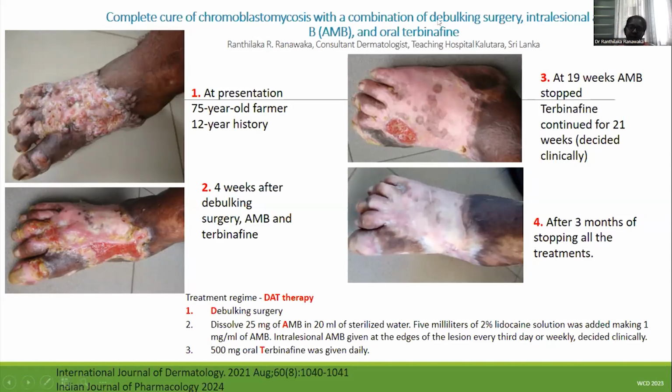And this also I published, and now we are practicing this in Sri Lanka. So we found a curative treatment for chromoblastomycosis, until the chromo gets resistant to these drugs, right? So anyway, now it is curative. We published our findings again in the International Journal of Dermatology, with 16 patients cured, and we have published that in the International Journal of Pharmacology. So we found a curative treatment for chromo only.